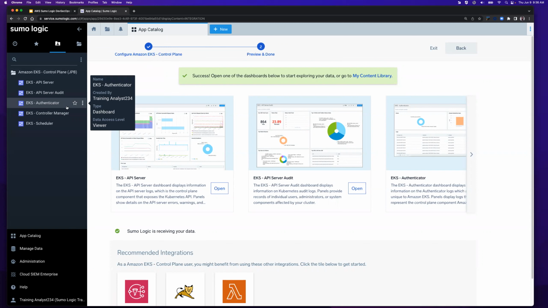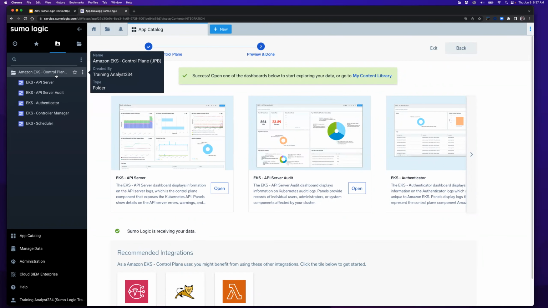So hopefully you're at that same step. If you need help, of course, please holler. But otherwise, I'll continue. We have now utilized the app to create dashboards. And now what we want to do is view those dashboards. So that's going to be lab 2. In lab 2, let's look at the dashboard. So once again, black bar, far left, personal, EKS control plane.